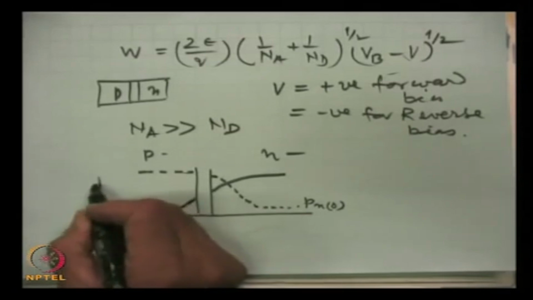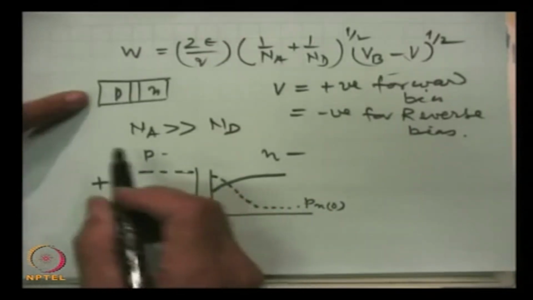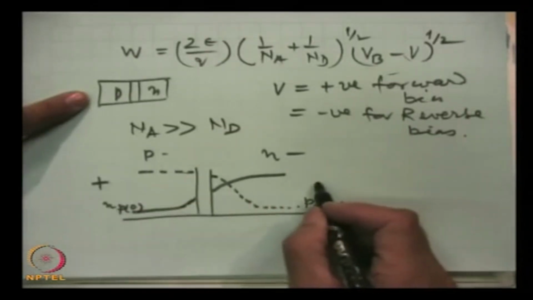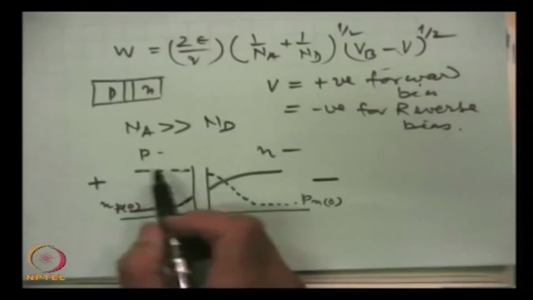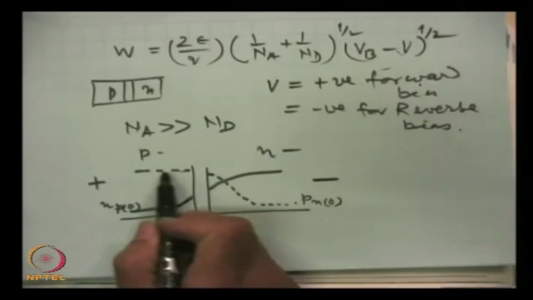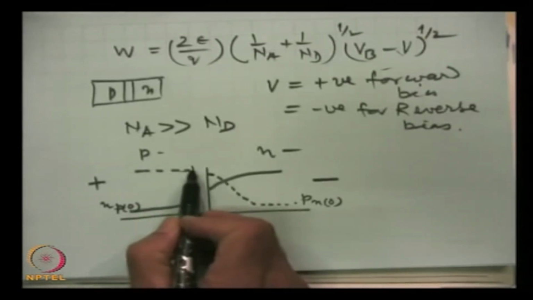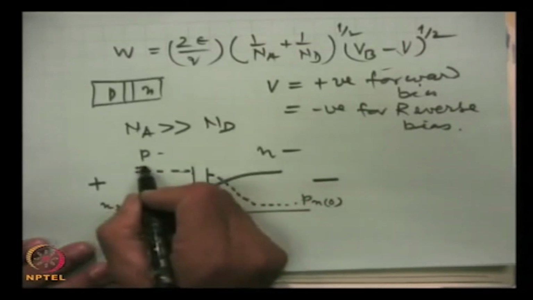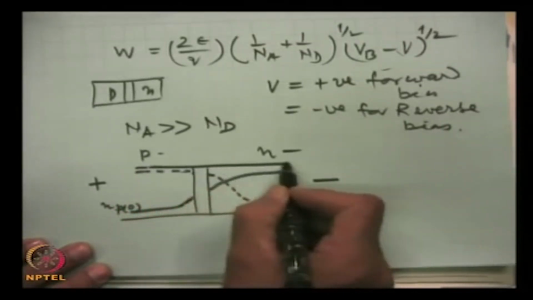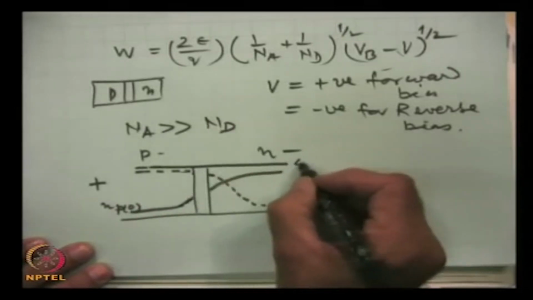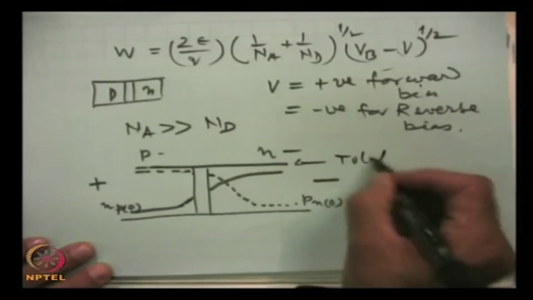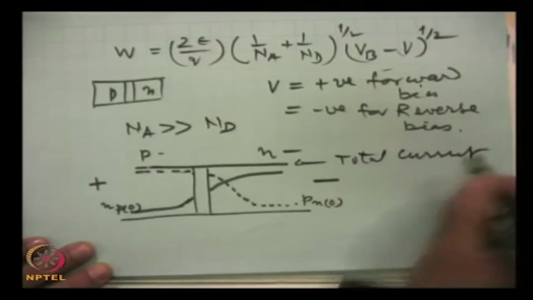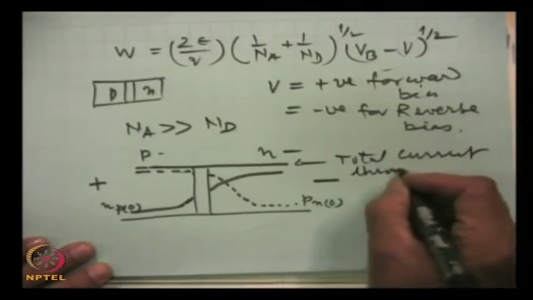This is the p side of the battery, this is the n side. So, finally the holes will also drift in this region. The total current is the sum of hole current and electron current. This is the total current through the junction,